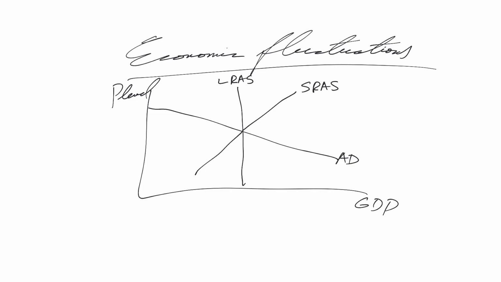That means that perceptions, expectations, wages, prices, everything have fully adjusted so that the intersection of aggregate demand and short-run aggregate supply, we're right there, right smack on the long-run aggregate supply curve, meaning we are producing at the natural level of output. Implied there is that if we're at the natural level of output, we're also at the natural rate of unemployment. And here's the current price level.